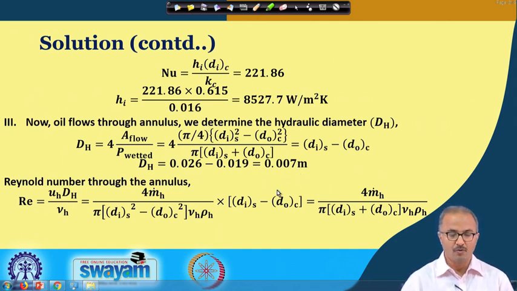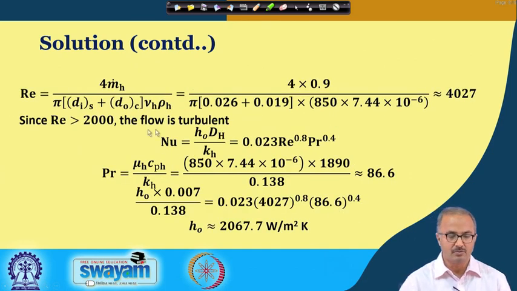Once we get this value, we put it in the Reynolds number definition and plug in the value of u, and we get this particular expression to find the Reynolds number. We put all these values here and we find this is the Reynolds number obtained. And again we find this Reynolds number is more than 2000. So we can use this particular equation to find the value of the heat transfer coefficient. We find the Prandtl number as before. And we plug in these values here and we get the value of the heat transfer coefficient for the outer wall.